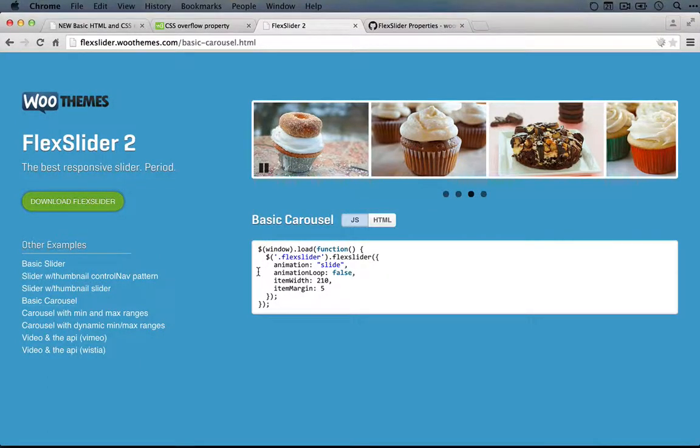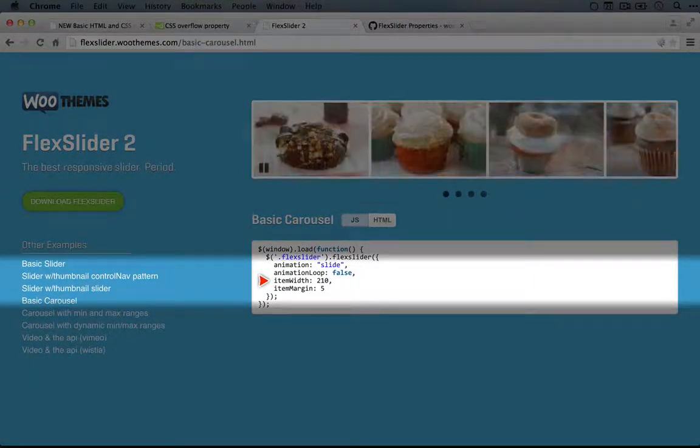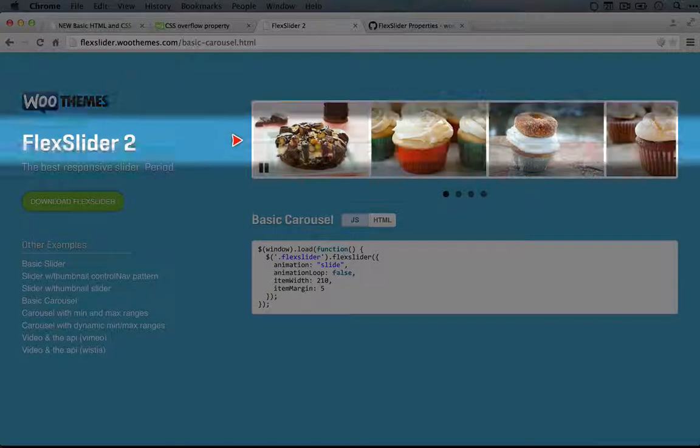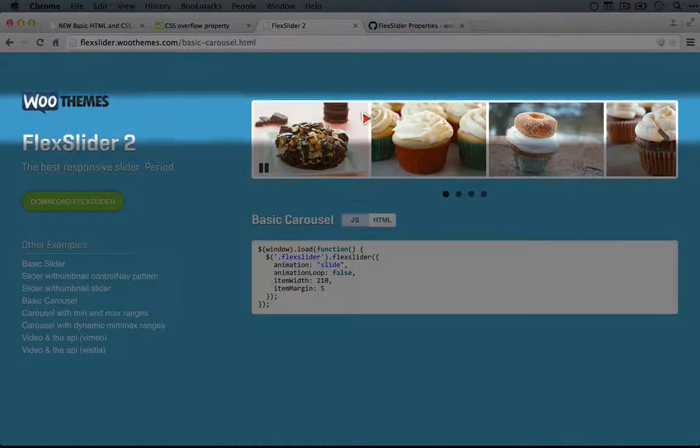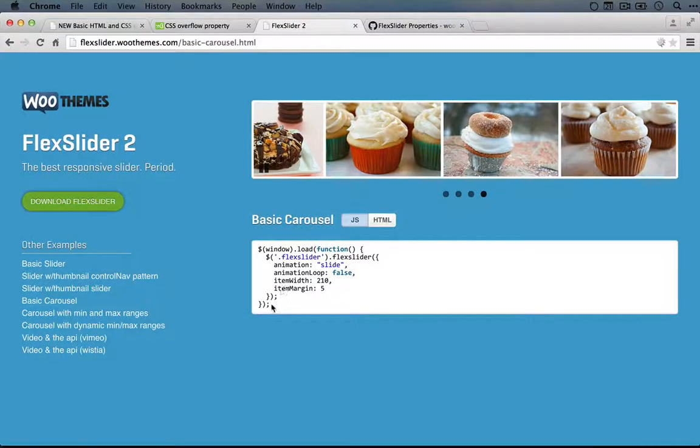In our case, we don't want it to seem like we're displaying new content when we're actually just reusing the beginning content. If we can show the slider jumping back to the beginning, then the user who's using this will know, we're going back. The next value is item width. By default, Flex Slider will display one item per slide. But if you set the item width, it will show how many items will fit in the current element. And the item margin is a space between the two items. Okay, I'm good with these default options, so I'm going to copy them.